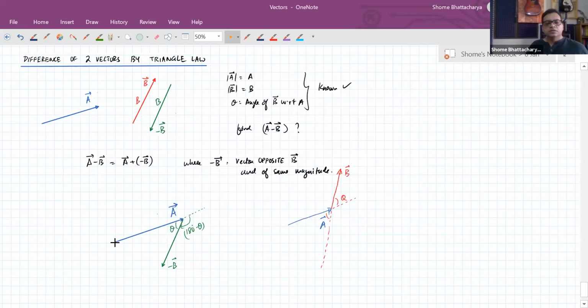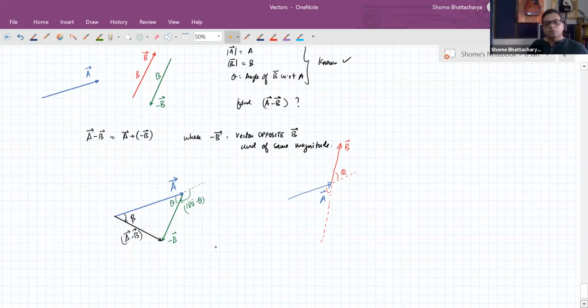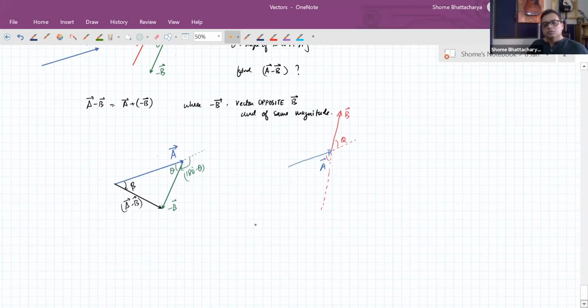So that is why now when we calculate the difference of the two vectors, which is this side of this triangle, this is A plus of minus B. So in other words, this is A minus B. And let's say this angle is beta. We can make use of our formula of the triangle law from earlier. We can see that because we are doing this operation,